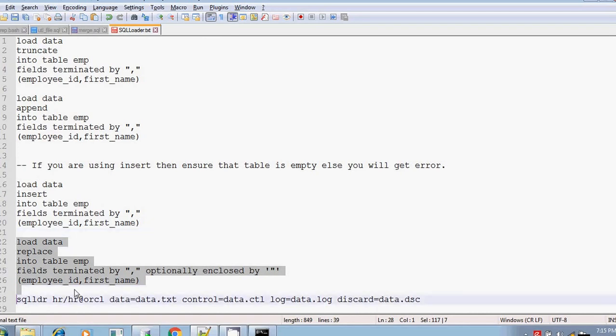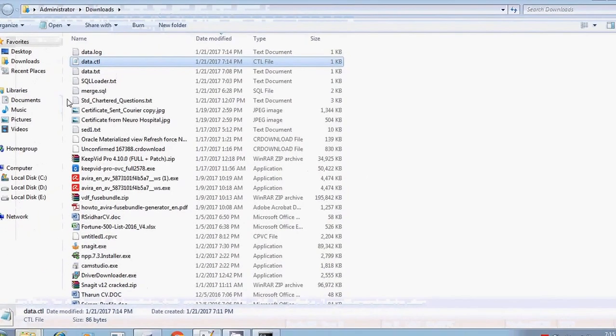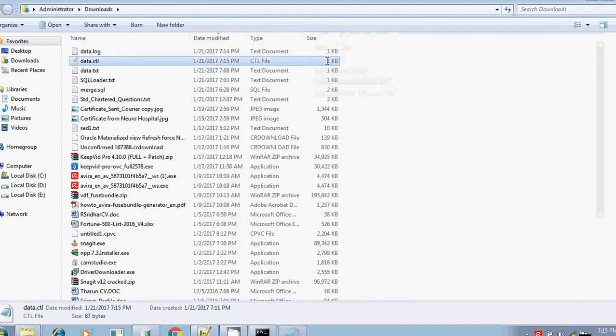Replace means it will replace the content, that is, it will truncate and then insert. Let me change the control file. Instead of insert, let me give replace.